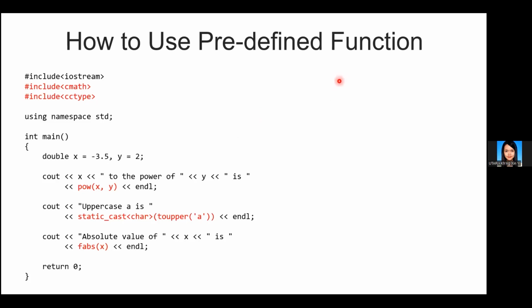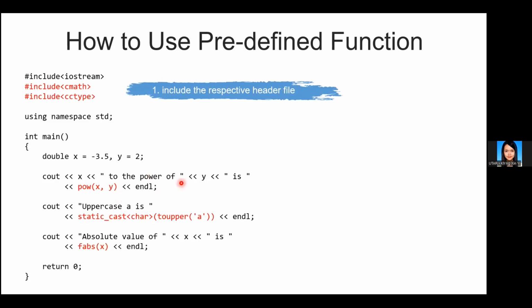The first task is that you have to include the respective header file. So what does this mean? Some predefined functions are already defined in our system libraries, so you have to mention in your code which header file contains the definition of this function, else you can't use it. If you look at the example given here, we have the cmath header file and the cctype header